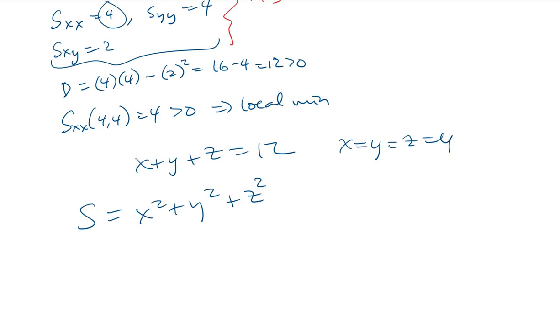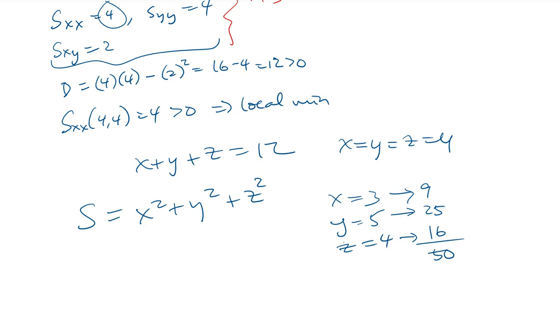The reason why we can't just, well, we have to work in 4 dimensions. You have to solve for z and the, there we go. Let's play around with this for a second. Suppose I made x is 3, y is 5, and z is 4. So the sum of the squares would be 9, 25, and 16. So that's 34, this is 50. The sum of the squares, if they're all 4, would be 16 plus 16 plus 16, which is 48. And that's smaller than 50. So that's just an informal check. All right, now,